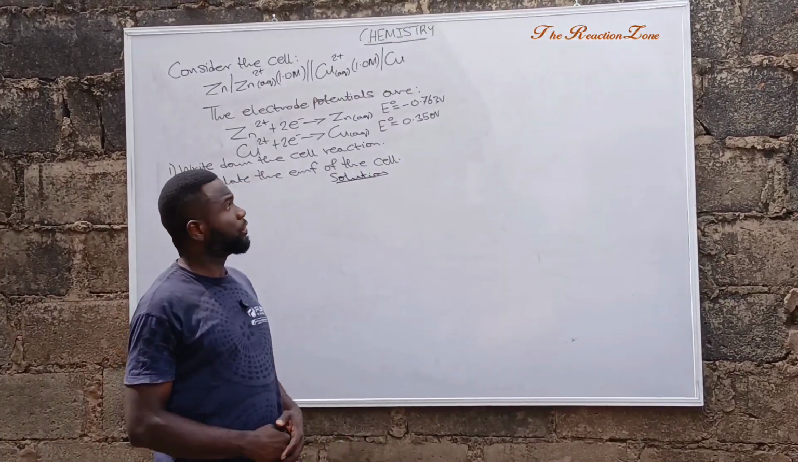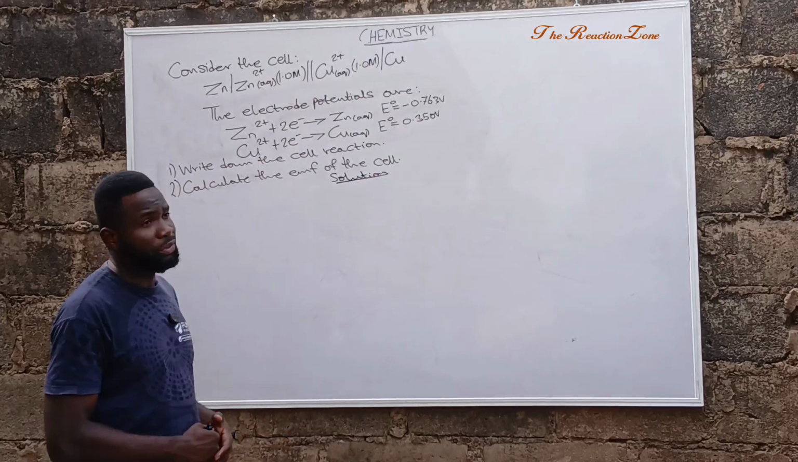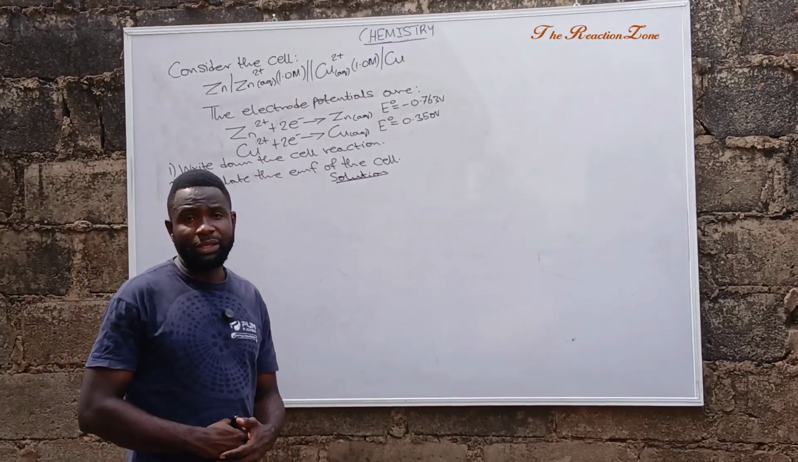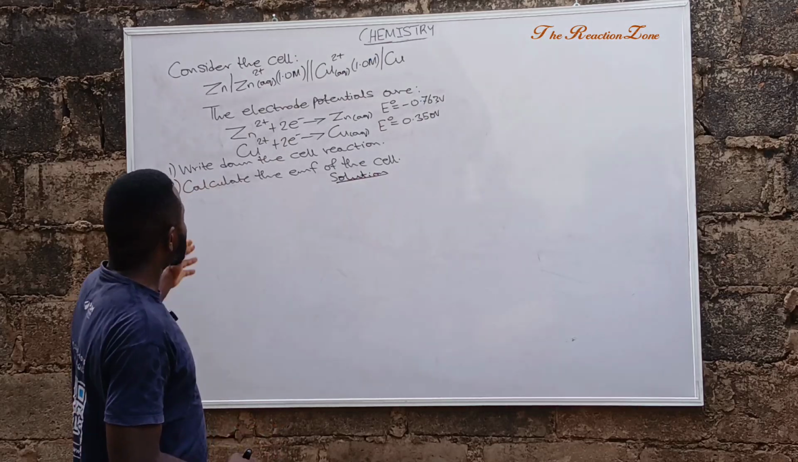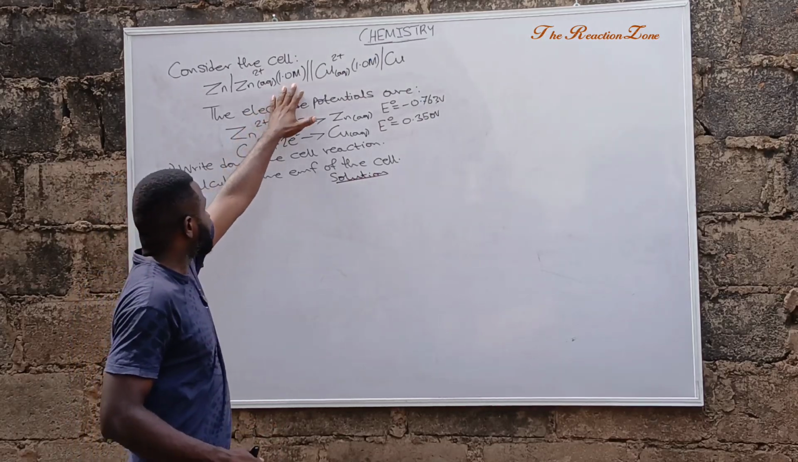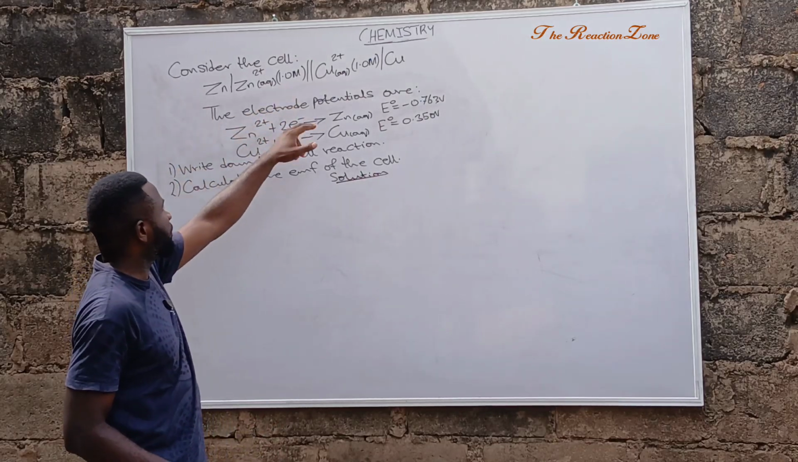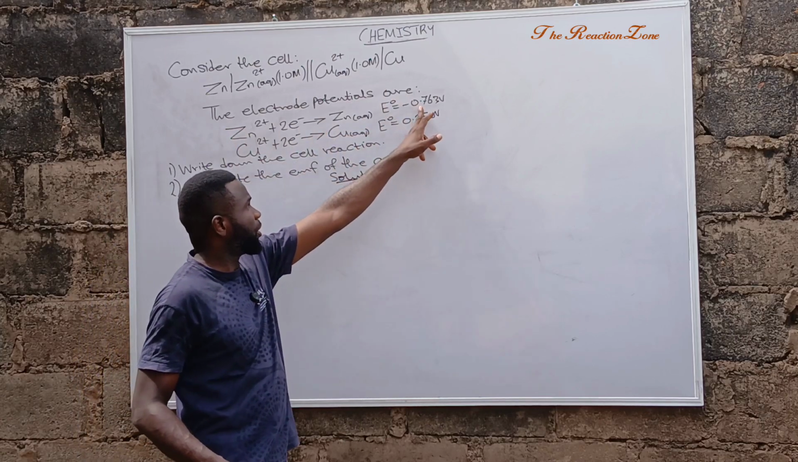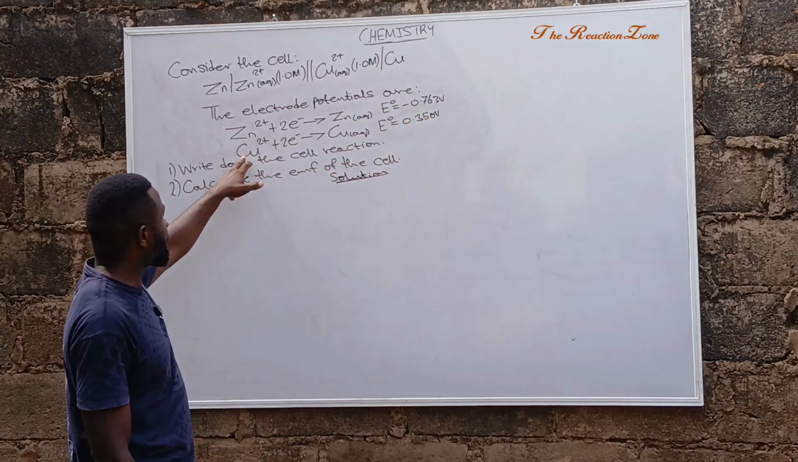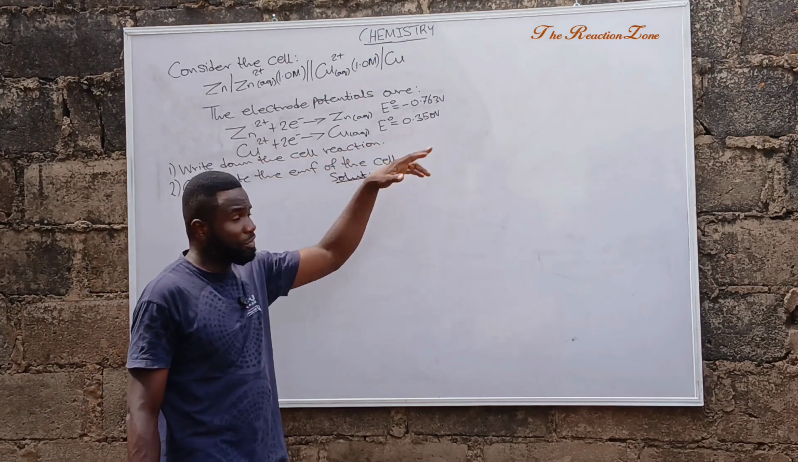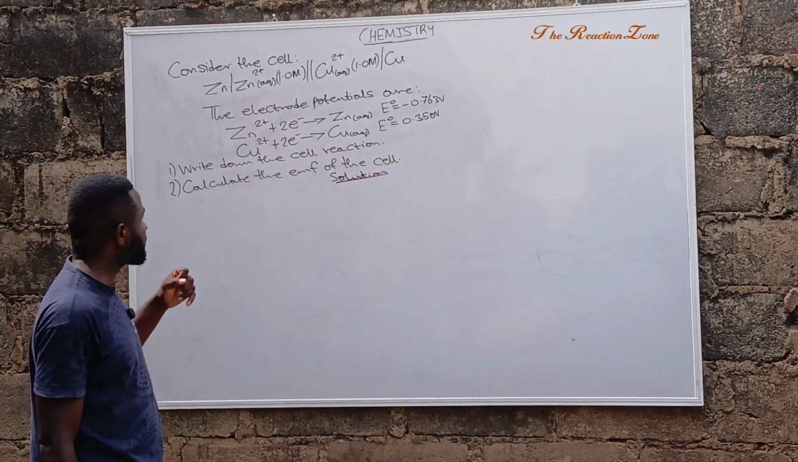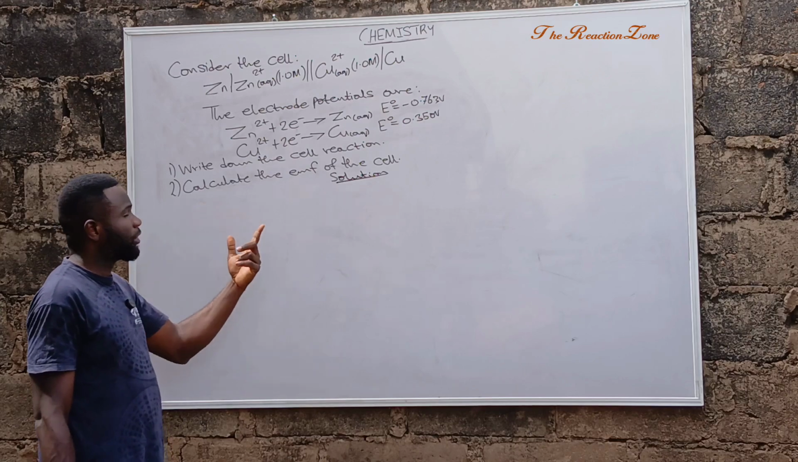In today's lesson, we're going to look at how to solve the question on electrochemical cells that's on the board. And the question is as follows. Consider the cell here. The electropotentials are, for zinc ions, minus 0.63 volts. For copper, it is 0.350 volts. And we are told to first of all write down the cell reaction and to calculate the EMF of the